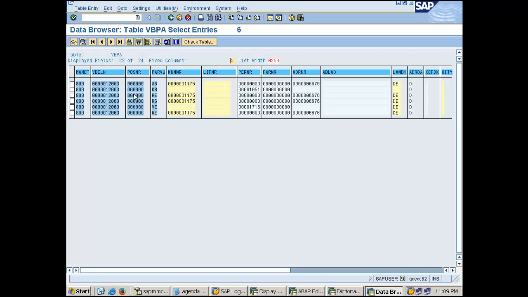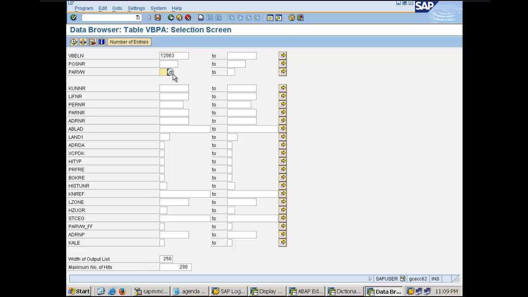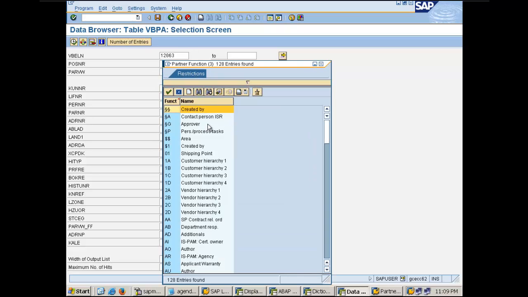So you can see that no line items, all are related to header. Then partner function is, if you do an F4 here, you'll get the details now. So VBPA is the table which will store all the partner functions. I want to get the code. That's why I came here. So code is like